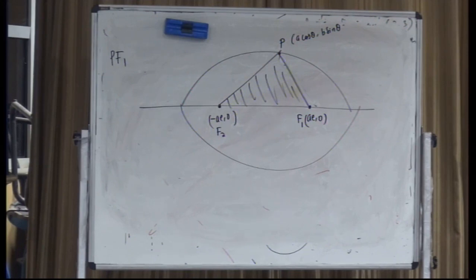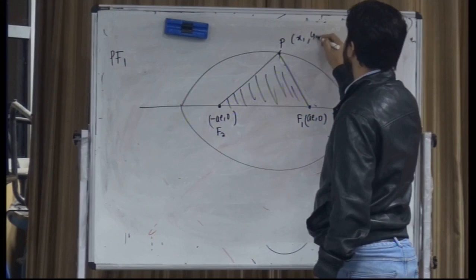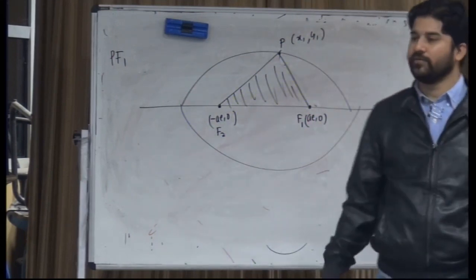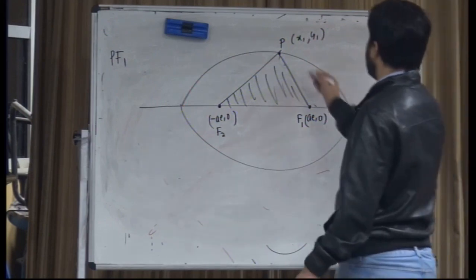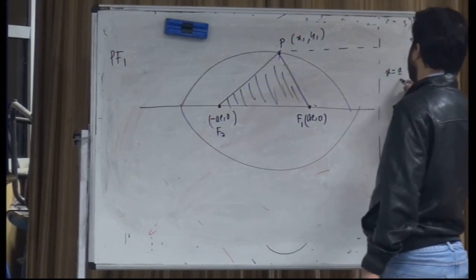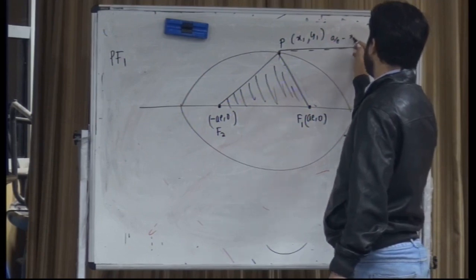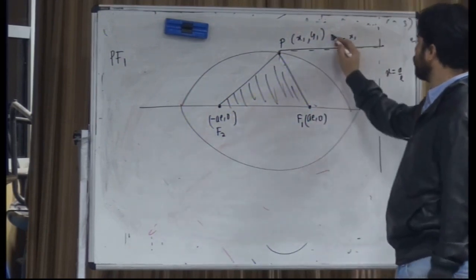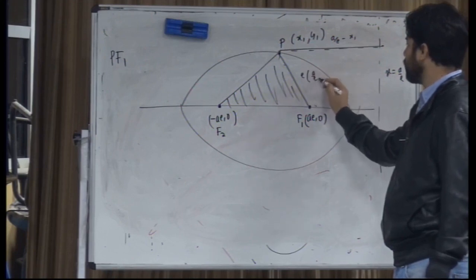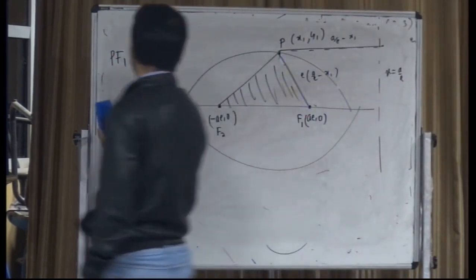Directrix का concept. So (a cos θ, b sin θ). अभी for a timing तुम इसको (x1, y1) ही रखो. बताओ इसका distance PF1 का क्या होगा? This is your directrix, x equal to, so what is this distance going to be? a by e minus x1, so this is going to be e into, right? Similarly,